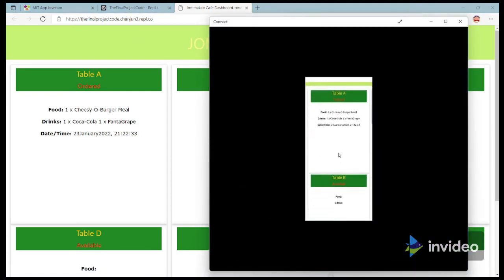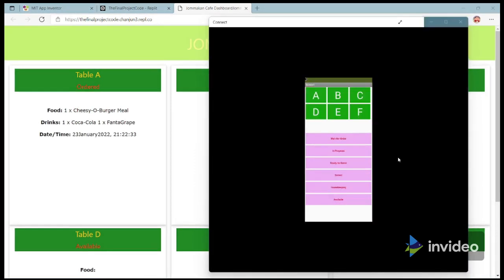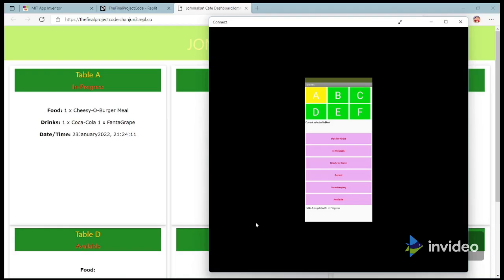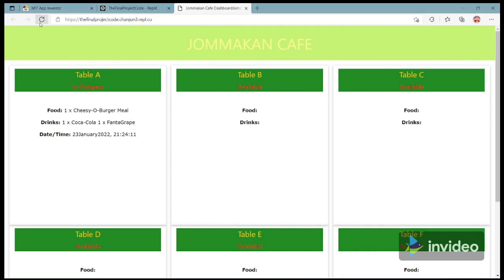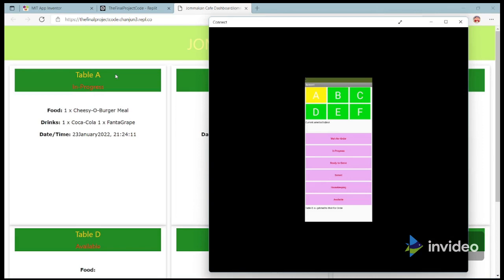So let's go back to the MIT App Inventor. Assume that table A already has the food in progress, so we can update the status to in progress. And as you can see from the website, it has already changed to in progress. And the same thing when we go to B, if we press wait for order, the status will change too. So let's say for table A, if it changes to ready to serve,